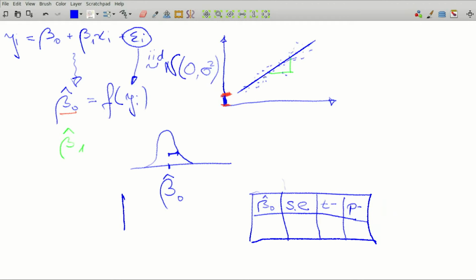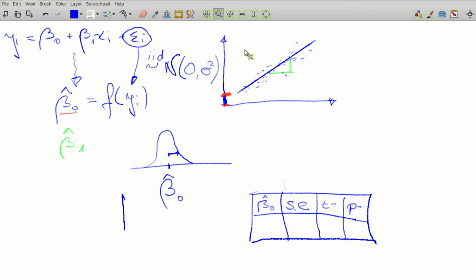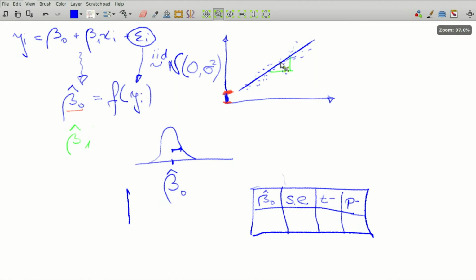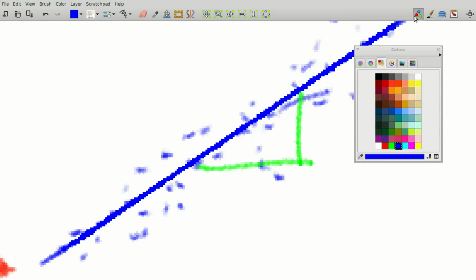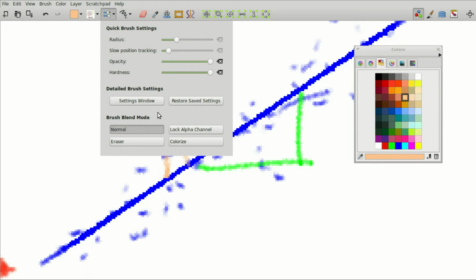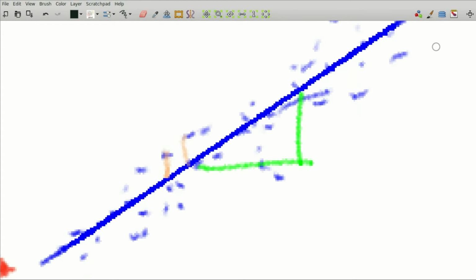Now let's see, maybe I can even zoom in here a little bit. Zoom, okay. Here, I'm going to take this color. Here, of course, I have the residuals. I need to increase. Okay, let's pick a different color. Let's pick black. It was a bad choice. So here are the residuals,